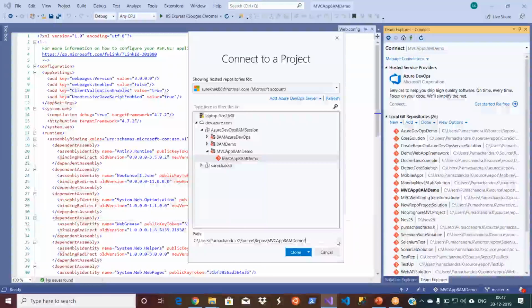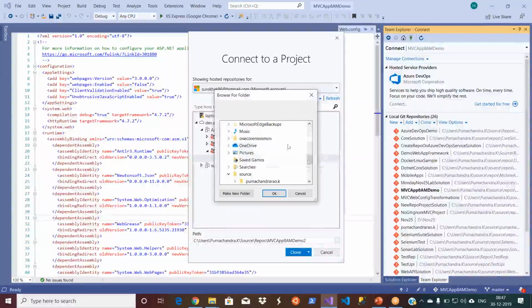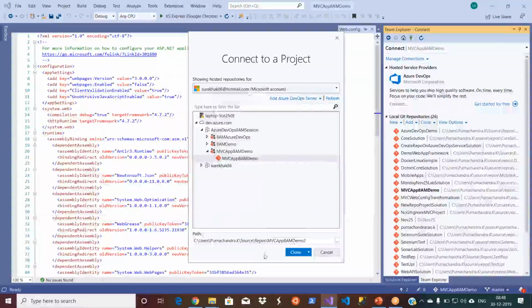So on the local, I don't want to confuse you. Let's clone it to MVC app 8 AM demo 2 only. Actually, our project name is not 2, it is only MVC 8 AM demo, but let's not confuse, let it be, and I will show you how to change it later. Okay, let's clone it.